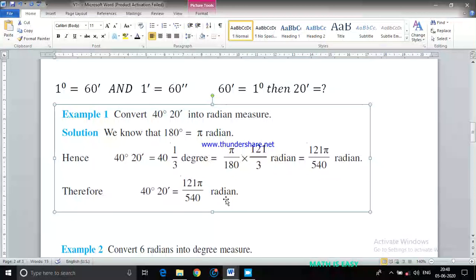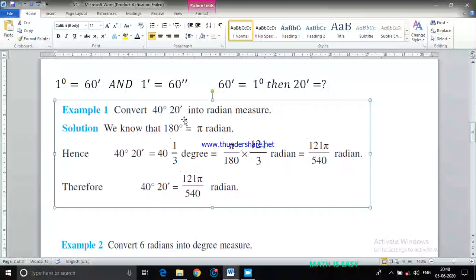So you may ask, sir, why can't you substitute the pi value as 180 and cancel 180 here? If you represent pi as 180, then it will convert into degrees again, because pi radians equals 180 degrees. But I want the answer in terms of radians only. That's why I won't replace the pi value with 180, because pi radians is equal to 180 degrees. If you replace, your radians will be converted into degrees. So your radians answer will always be in terms of pi only, and your degrees answer will always be in terms of degrees, with no pi.